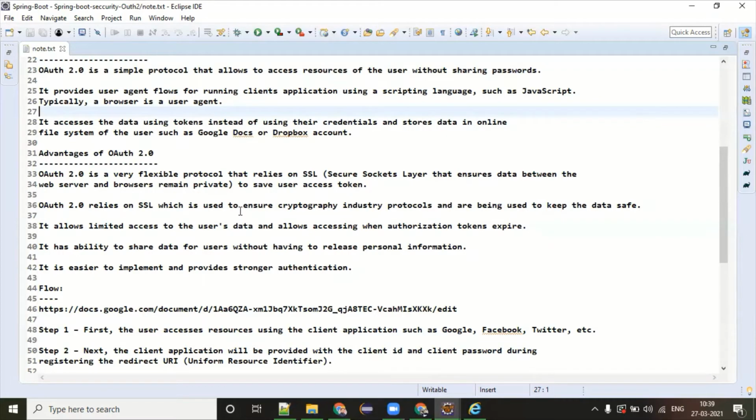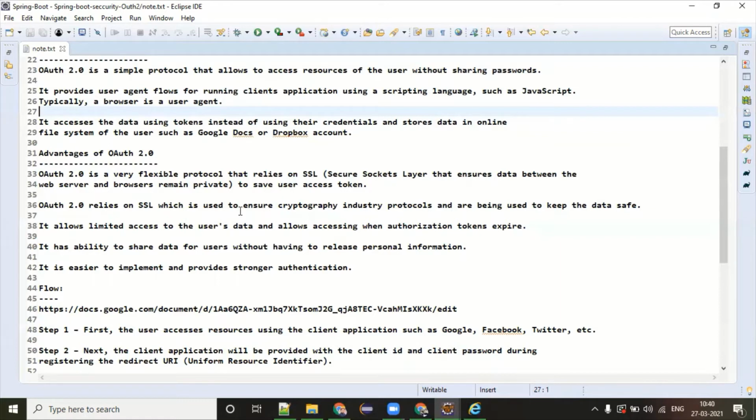It allows limited access to the user data and allows the authorization token to expire. Yeah, that's a beautiful thing. So if you are telling a client application, hey, go and get an access token from this provider, at that time you are using this, but it might be that after some time you don't want that application to access your data continuously. That is the reason if you go to Facebook or Google, it gives you an option to allow. So once you say OAuth2 via Google, one of the screens will come and say allow.